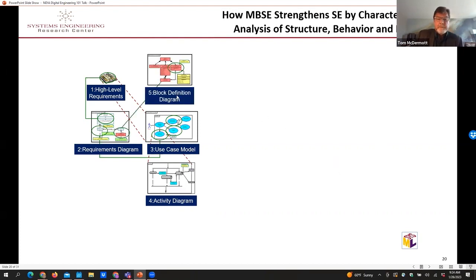And we move from there into what's known as a structural diagram, a block definition diagram in SysML language, where we allocate that down to pieces and components. And so that valve in that refueling system is a component of the system.